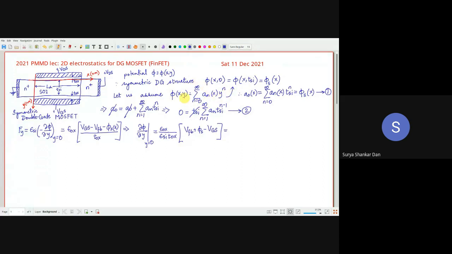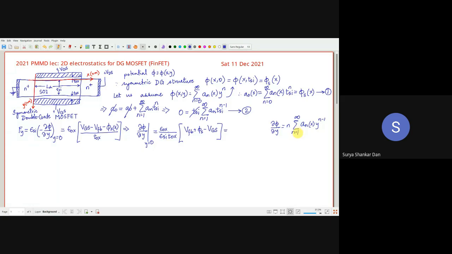If your phi xy is this, okay, then del phi del y will be equal to, notice that del phi del y is equal to, n will come in front, right? Summation n equal to 0 to infinity a n x y to the power of n minus 1. But note that the first term over here was a0, which was independent of y. a0 plus a1y plus a2. So a0 term is independent of y. So if you are making a derivative, that a0 term will cancel. Okay, so we will be left with from 1 to infinity.